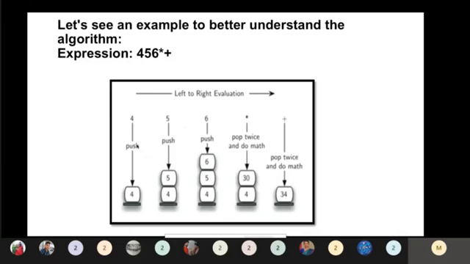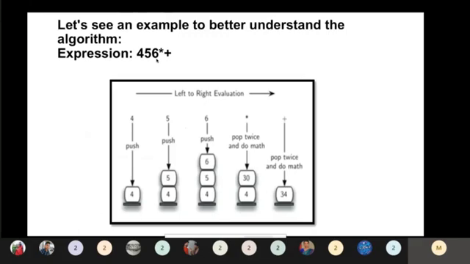Okay, so now we'll see one example. This is a very simple example that anyone can easily understand. From that expression, we can easily say that this is a postfix. Why am I saying that this is a postfix? Here we have operands, so instead of variables we have values, and they are followed by operators. Now we want to evaluate this postfix expression.